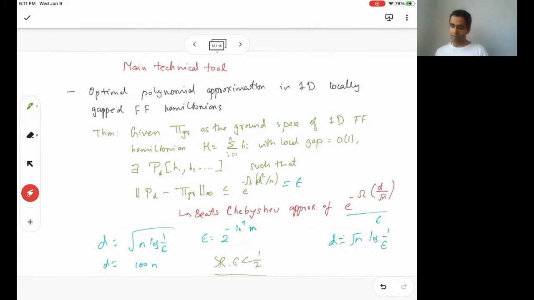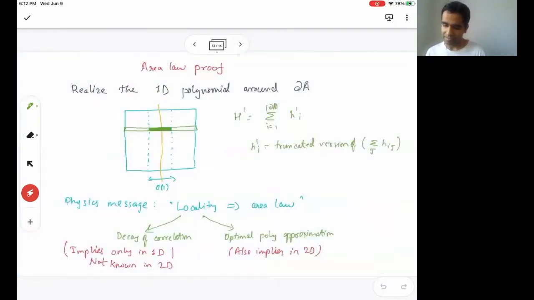And by the way, if this kind of scaling could be achieved more generally, for the ground space of, let's say, an x-dimensional Hamiltonian, then we'll see in the next slide that this proves an area law for x plus 1 dimension essentially. So that's this slide, and that's the next